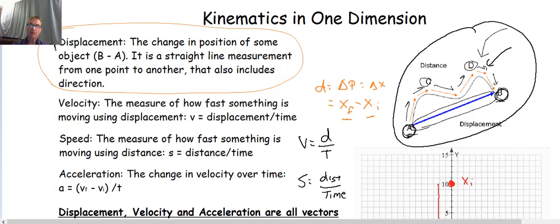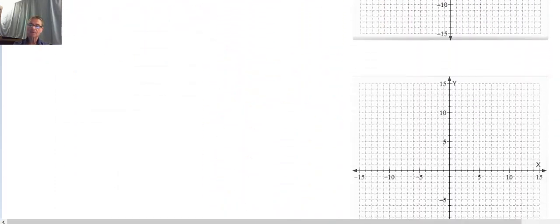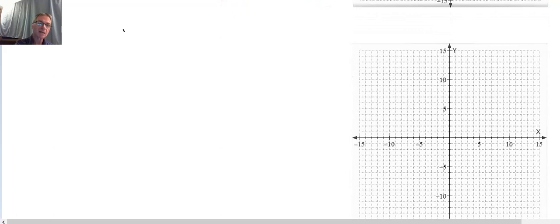The displacement, however, is the shortest distance between point A and point B. It is a straight line distance, if you will, and that is the displacement. It's simply the change in position. So when I talk about velocity, I'm talking about simply velocity